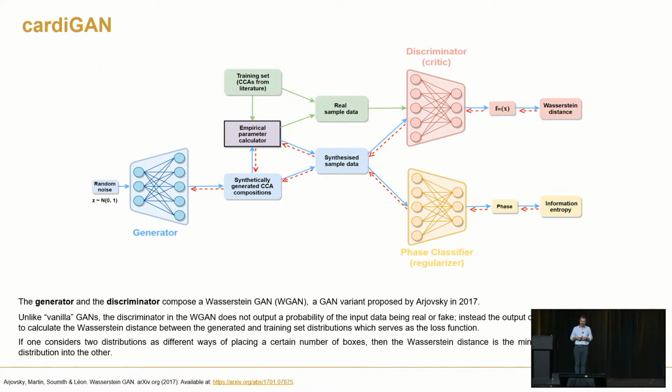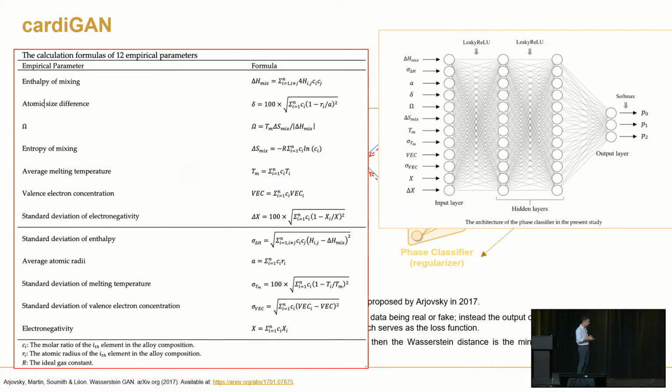This is what the model architecture looks like. That just shows you that you have your known data set from the literature that you feed through, but then you have a generator that uses random noise, and the classifier, as to whether the generator is performing well, uses the empirical models to see if it's matching what you would want from high entropy alloys. I didn't want to do away with the science, but what you see here is the neural network architecture that would predict the properties that you want, in our particular case, phase, for this particular Cardigan, and what the inputs look like to get to that, and then what the inputs actually are. So these are the calculations that you do to try and get a high entropy alloy.